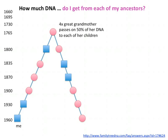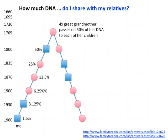ancestors. If you go back to a 4-times great-grandmother, she passes on 50% of her DNA to each of her children, and then those children pass on half of that, and then half of that, and then half of that, half of that. So by the time it gets down to me, I only have 1.5% of that DNA from that particular ancestor. The other thing to